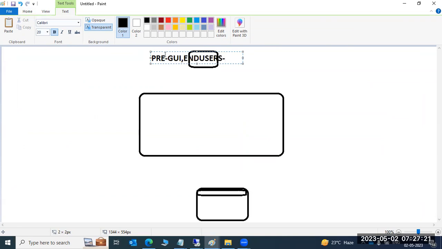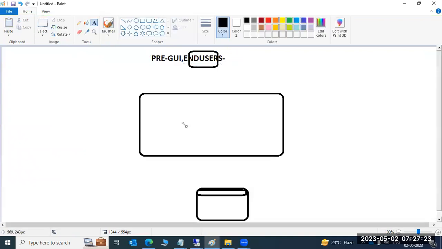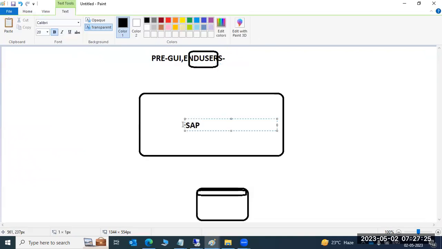This is called the presentation layer. This is the SAP layer, and this is the database layer. SAP is a three-tier architecture. That's why R3 is a real-time three-tier architecture: presentation tier, SAP application tier, and a DB tier.